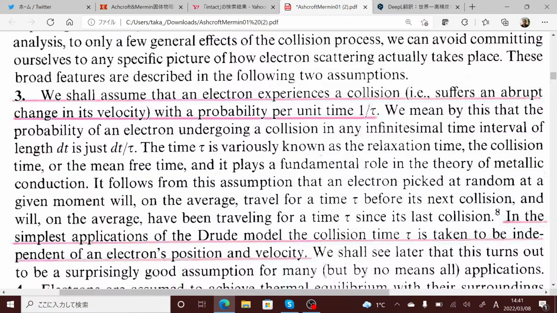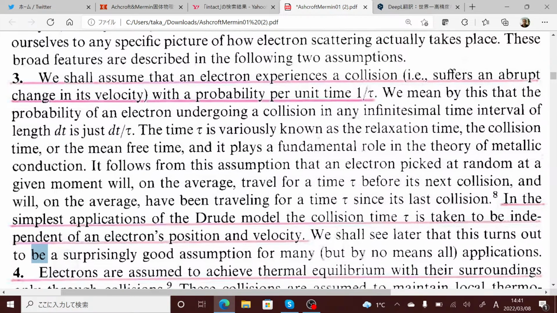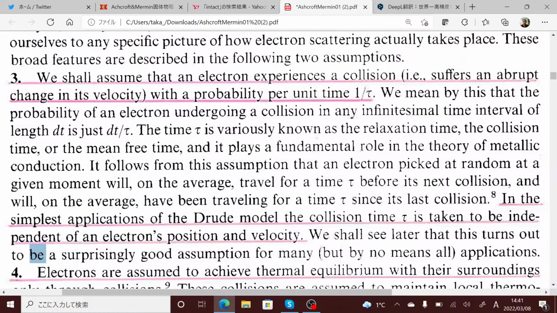We mean by this that the probability of an electron undergoing a collision in any infinitesimal time interval of length dt is just dt over tau. The time tau is variously known